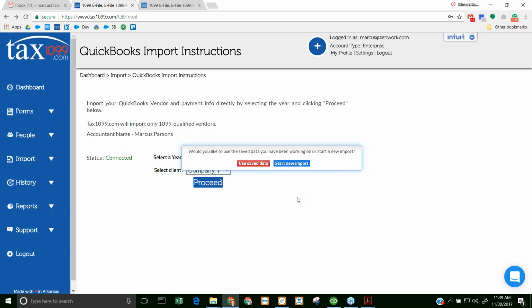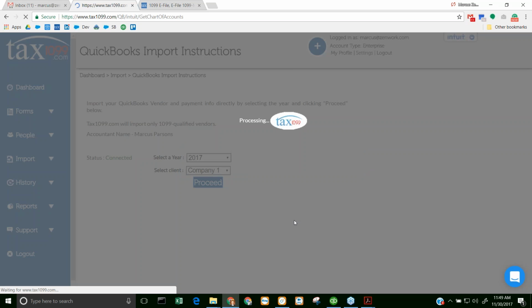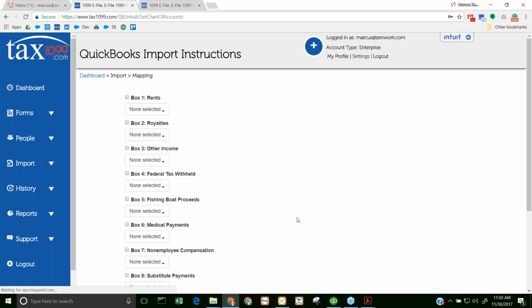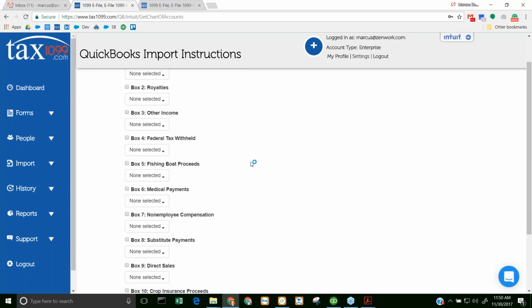And I've done this before, so it's saying, hey, do you want to start a new import? I'll just start a new import to show you what that's like from the beginning. Here is the mapping feature. Just a clarification here with QuickBooks Desktop, you can set up when you go through the 1099 wizard and you set up how the chart of accounts maps to each particular box on a 1099. That all comes over with the import on